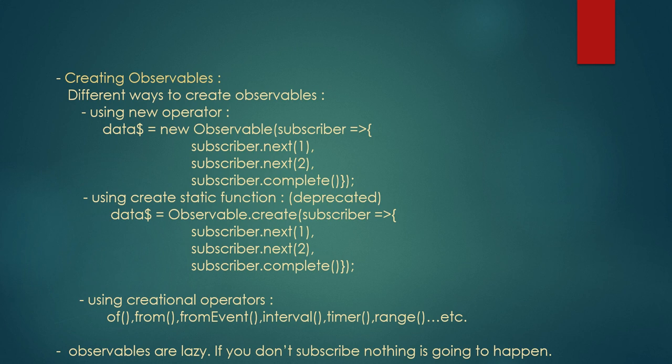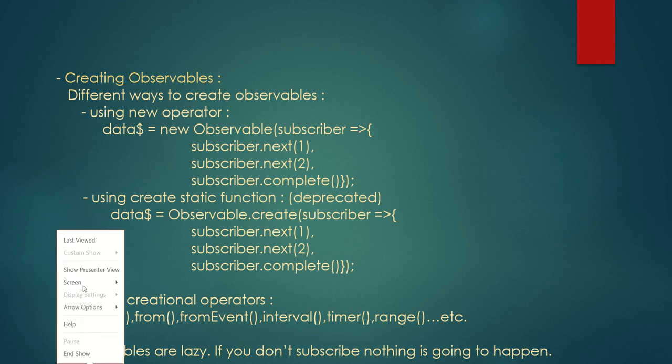Here we have to note one thing. Observables are lazy or cold by default. So observables might be cold or hot. The difference between cold and hot observables we will discuss in a separate video. So observables are by default cold. That means only if any subscriber, or anyone interested in the observable, exists does it deliver the values. Let's try to understand how to create these observables with a simple example program.